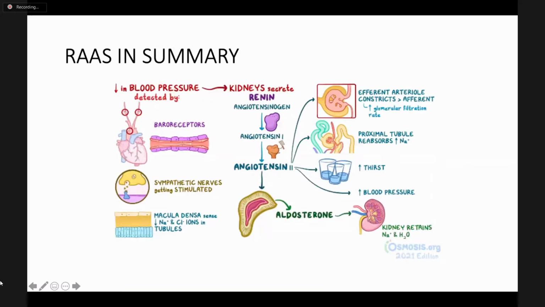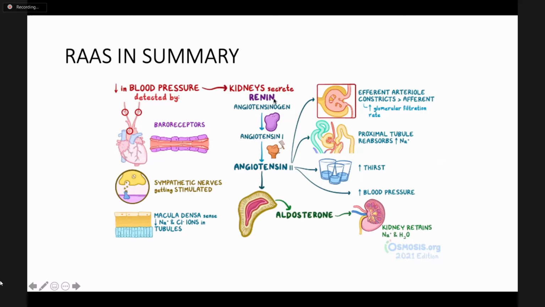The stimulus is detected by the baroreceptor, both in the granular cell as well as the carotid sinus and aortic arch. The baroreceptor is also detected by stimulating and signaling through the activation of the sympathetic nervous system, and also the macula densa cell, which is a chemoreceptor detecting the low sodium and chloride ion in the tubules, causing